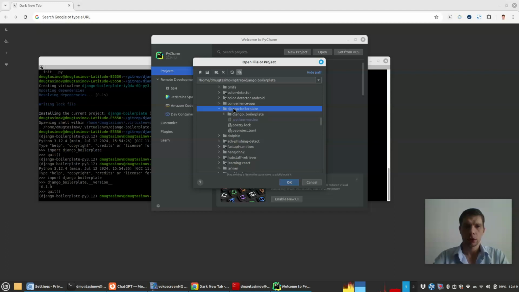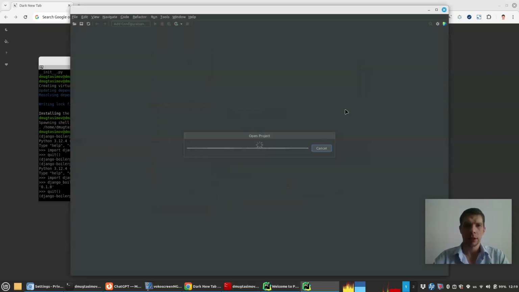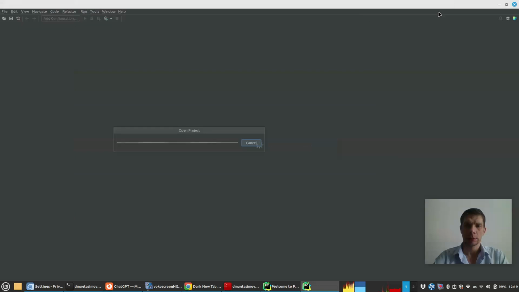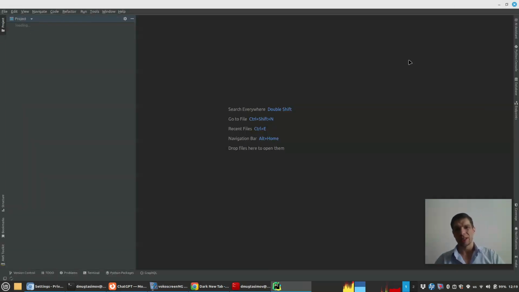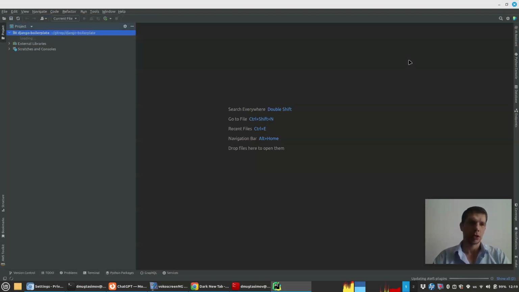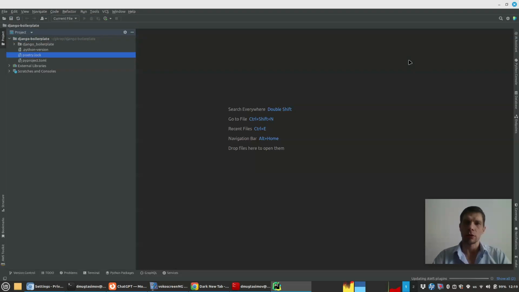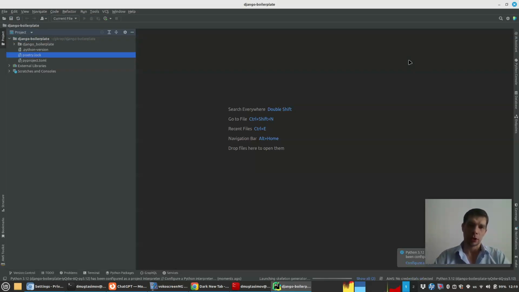You just choose the top level directory with the hyphen. Okay, click OK. It just opens it and creates a project. So whenever you open a directory with PyCharm, it just creates a project out of it. You don't have to create a project from PyCharm. I sometimes do create it, but